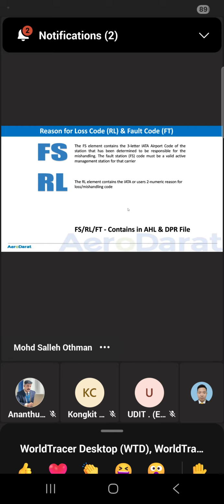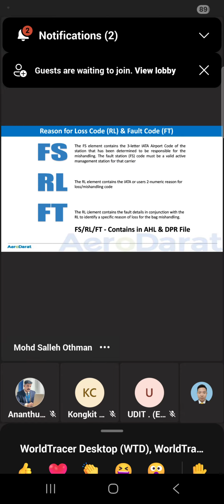FS, RL, or FT contained in AHL, DPR. Okay, FT is the fault terminal, it depends. The FT element contains the fault detail in conjunction with the RL to identify a specific reason of loss for the baggage mishandling.